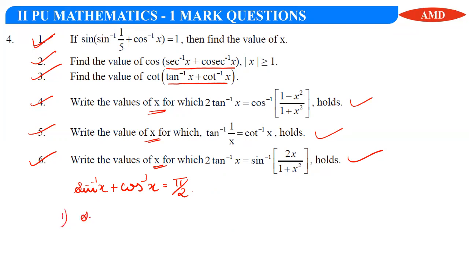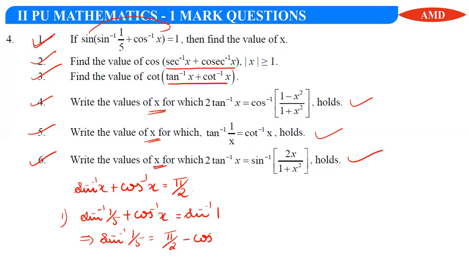The first question is sine inverse of 1 by 5 plus cos inverse of x is equal to, I'm going to shift this sign to the other side. It becomes sine inverse of 1. This becomes sine inverse of 1 by 5 is equal to, sine inverse of 1 is actually equal to pi by 2, and cos inverse, I'm shifting it to the other side. It becomes minus cos inverse of x. This implies sine inverse of 1 by 5 is equal to,